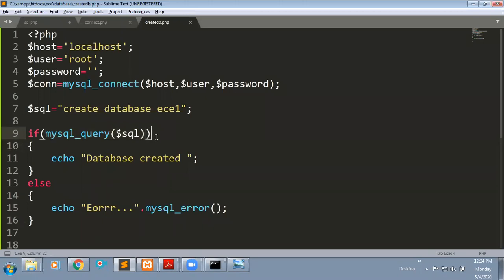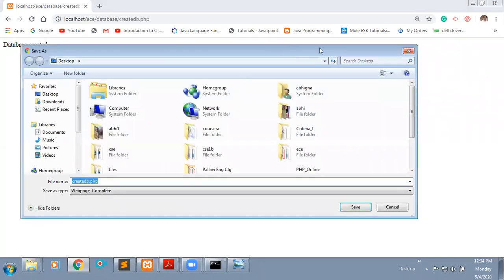For example, if I refresh this page, what happens? I'm executing it one more time. Now you can see an error.